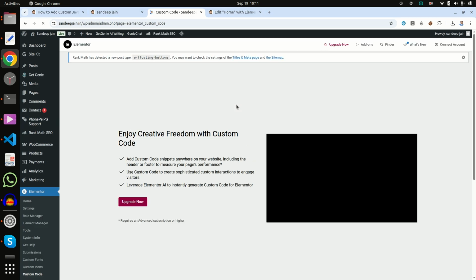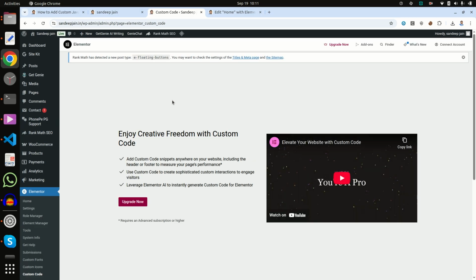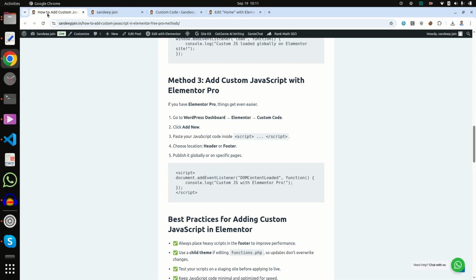If you have Elementor Pro, then yes, you can get access to add custom code here. Then click Add New, and inside that paste your JavaScript code and choose location as header or footer. I always recommend footer, so you can add that code inside the footer.